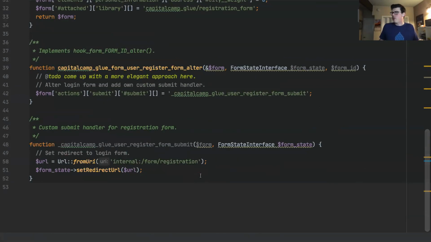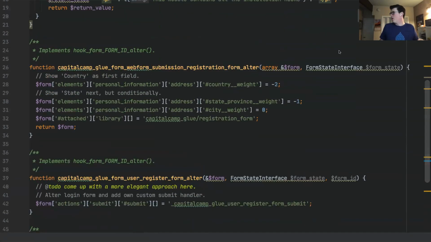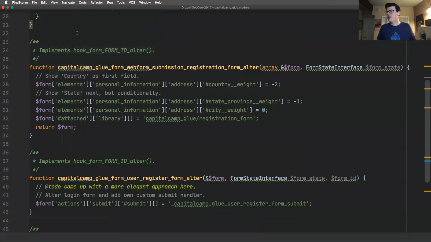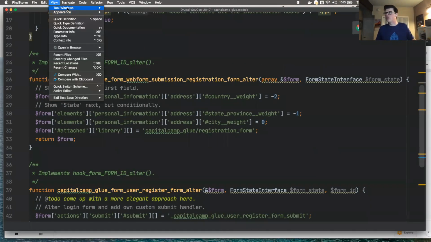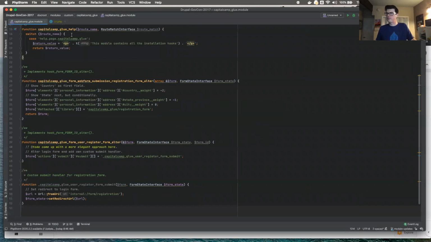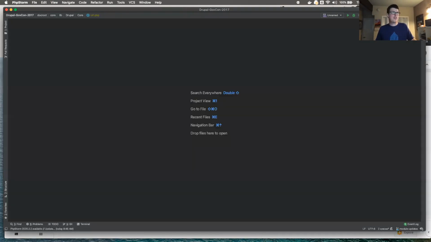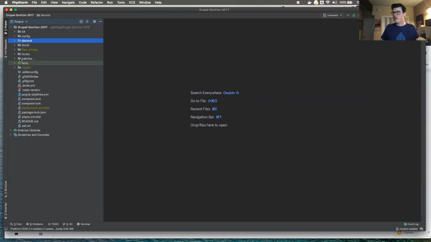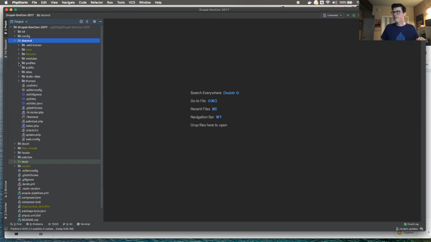I'm trying to think if there's anything else in here that is worth showing. I don't think in this file there is. Let's jump back over to a couple other files. And yes, as Tim was saying, if you guys do have questions while we're going, I'm keeping an eye on chat. Please do let me know and I will try to answer them as we go.